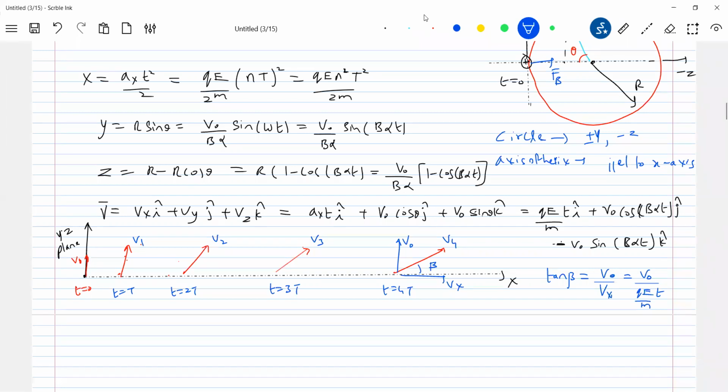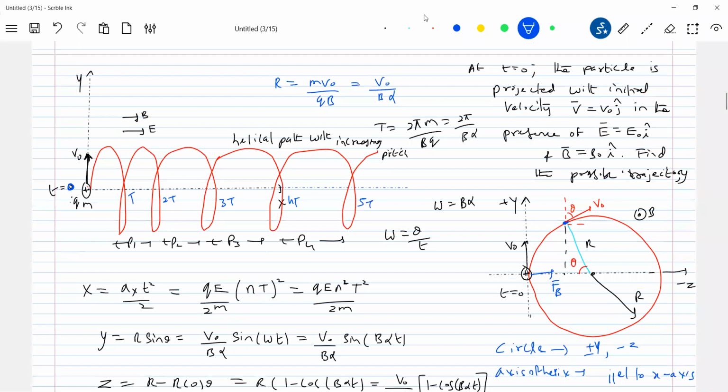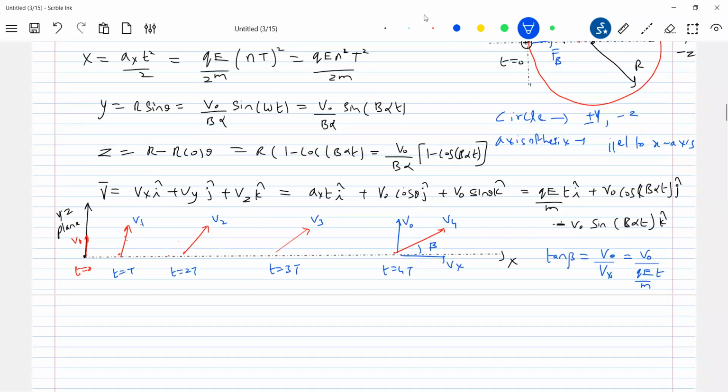Are you able to analyze the situation? The x component of velocity keeps on increasing. The speed of the particle in the YZ plane remains constant. Whenever it is crossing the x-axis, how will the velocity of the particle be? There will be an x component along the x-axis, and the particle must have a y component only, and the y component is V naught. Instead of the y-axis, let me call that the YZ plane, so that it will be easy for us. So this is what happens here.